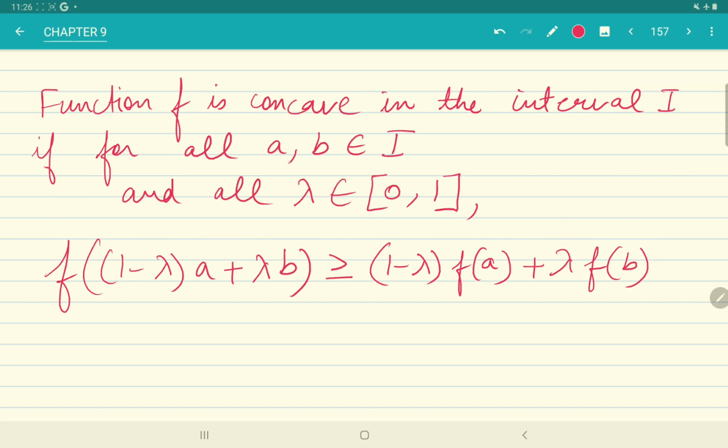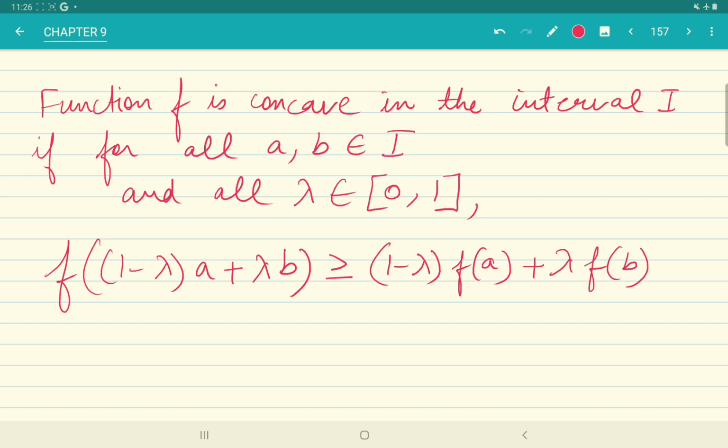Again, I'll repeat that when I say a function f is convex, that just means minus f is concave, so we just have to reverse the signs. And now if we take a look at these general definitions, it is going to become very clear that these definitions can even be applied to functions that are not even differentiable. And in fact, if we go for the first definition that I have written here about the function being concave,